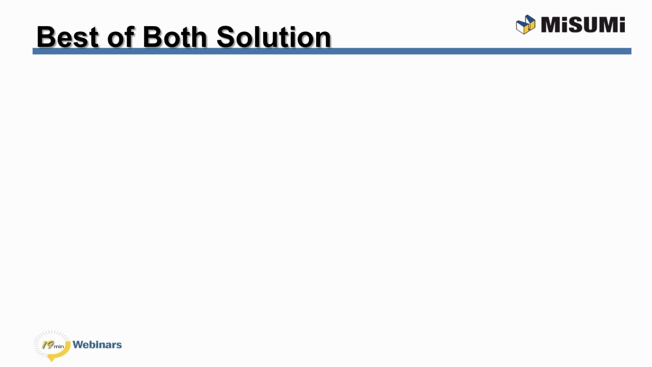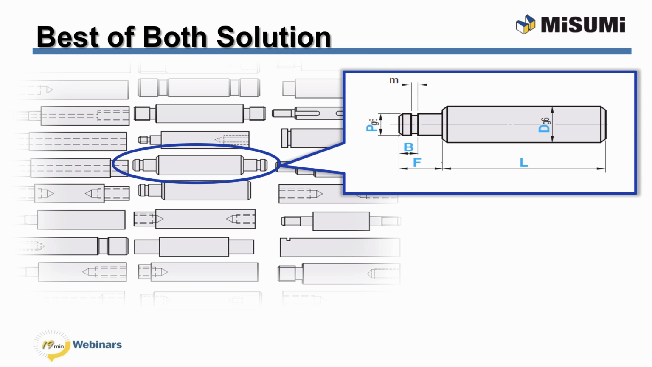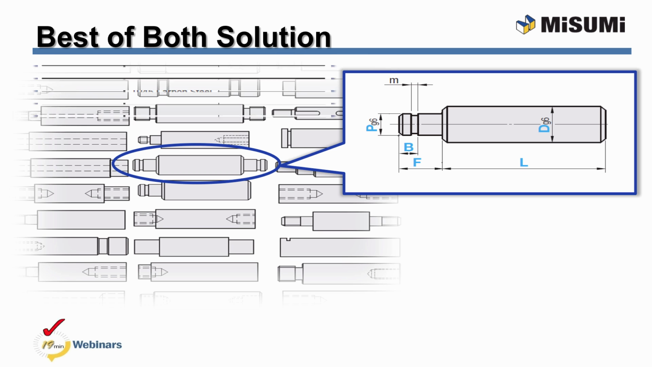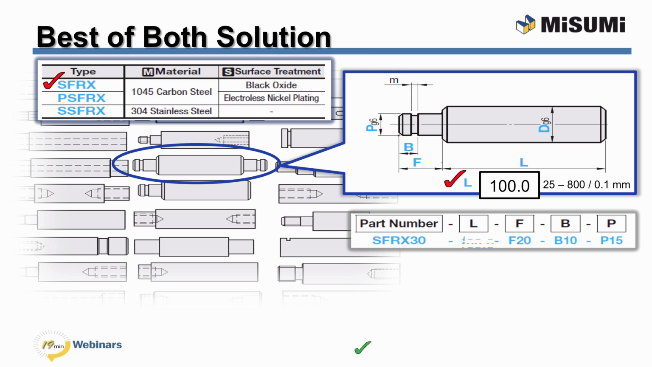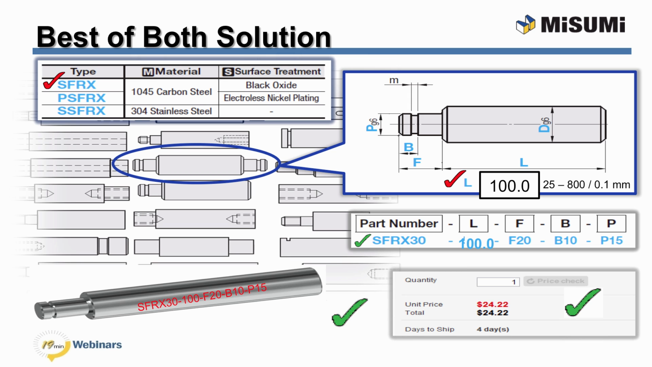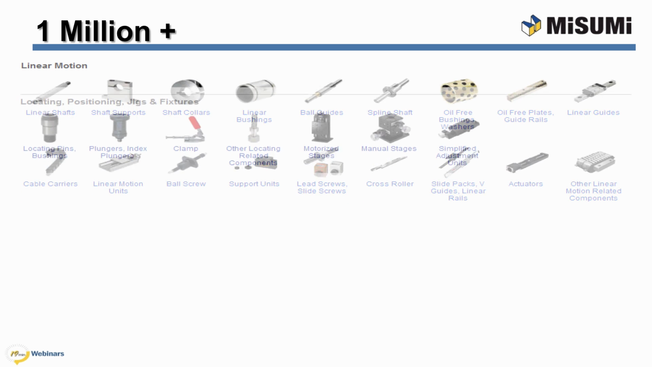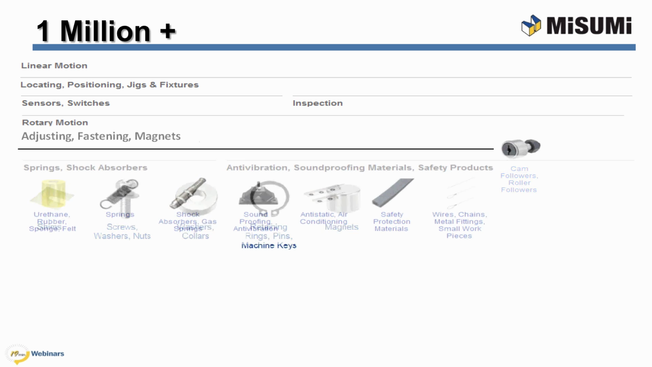Configurable components are easy to design with and purchase. Online, select the product geometry desired, the material and surface finish, and input the size for each configurable dimension within the range and increment shown. You'll get a smart part number, instant price and days to ship, and the CAD model. All of this configurability is available with our over 1 million components, available at